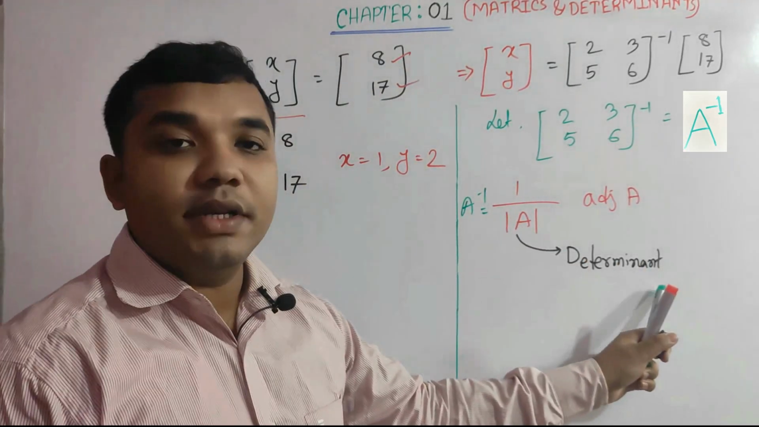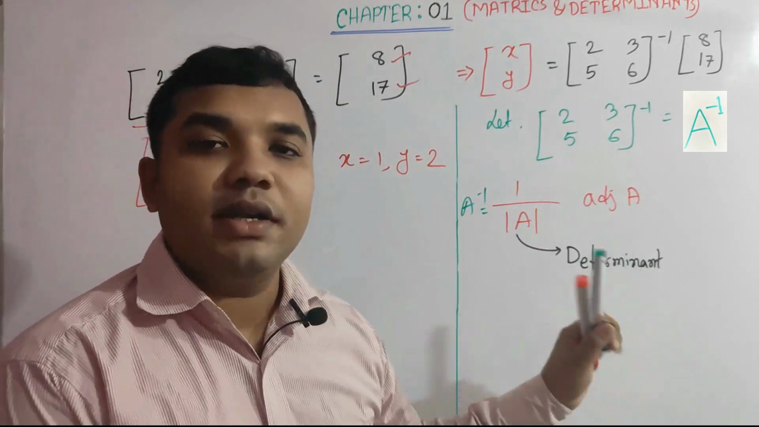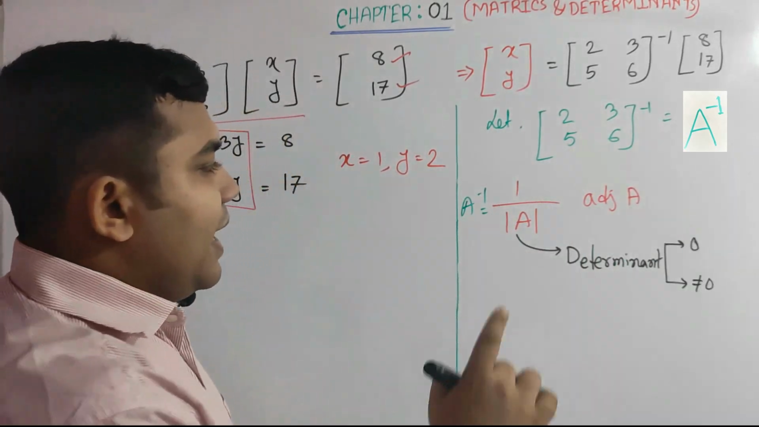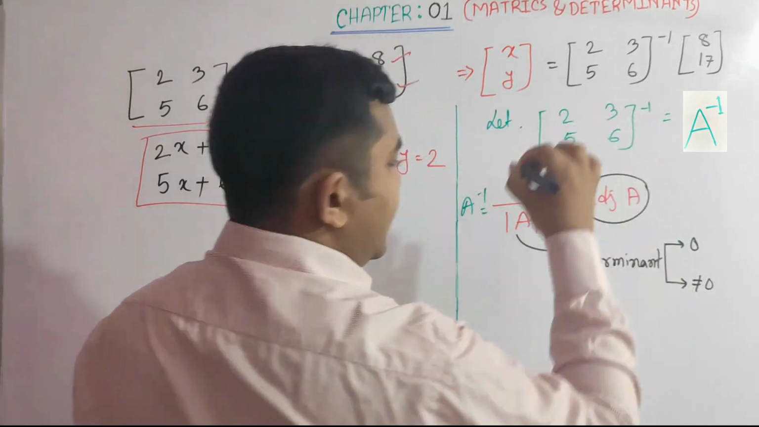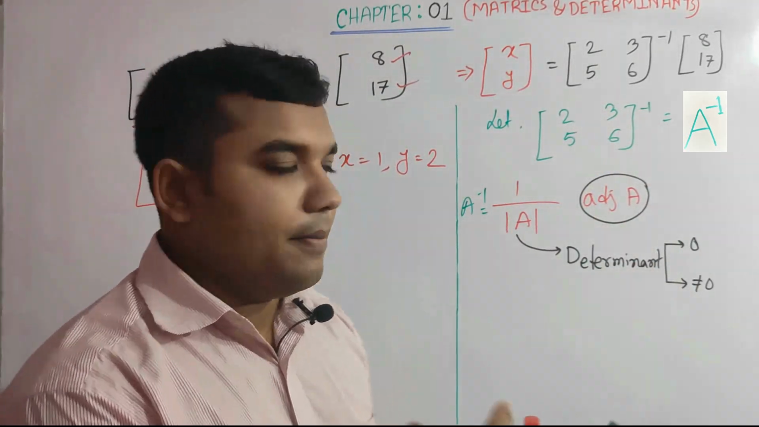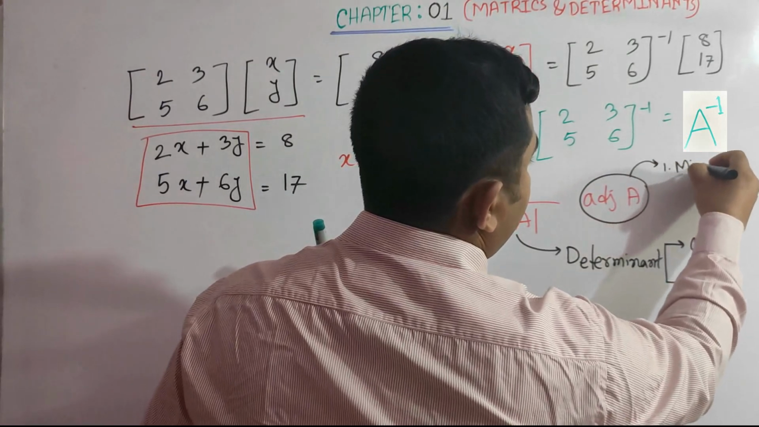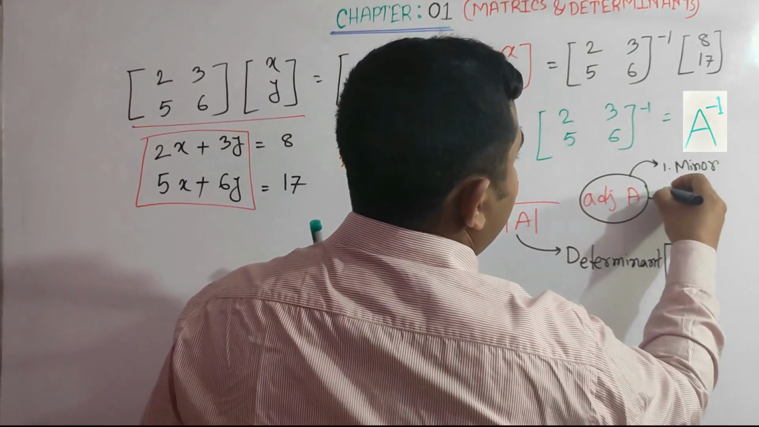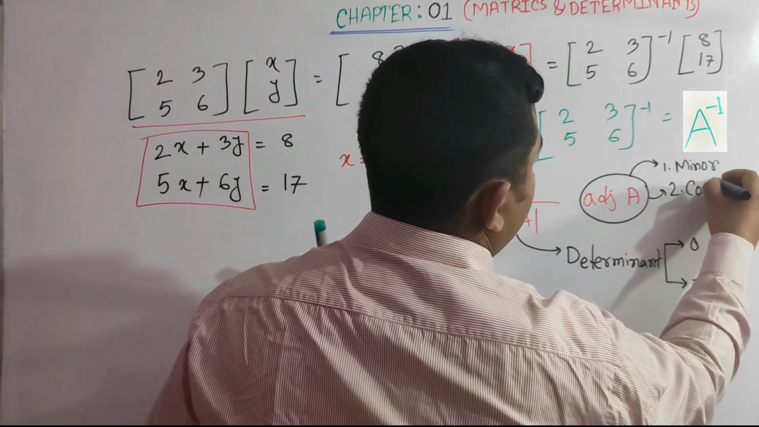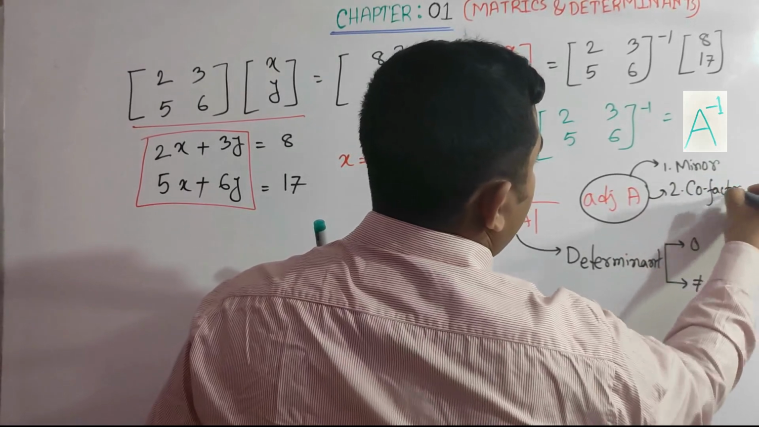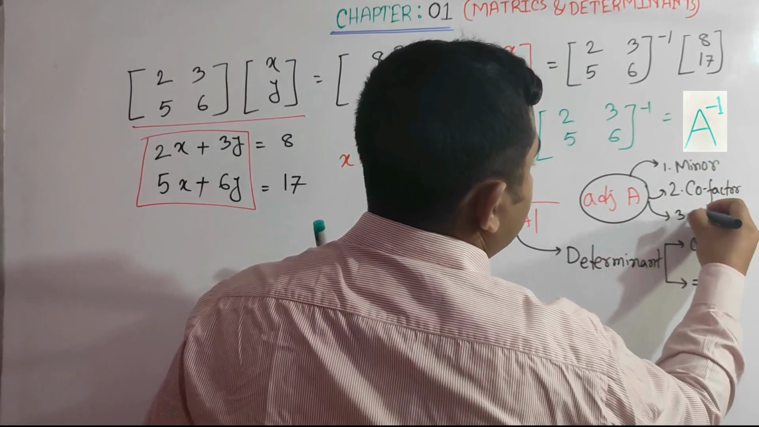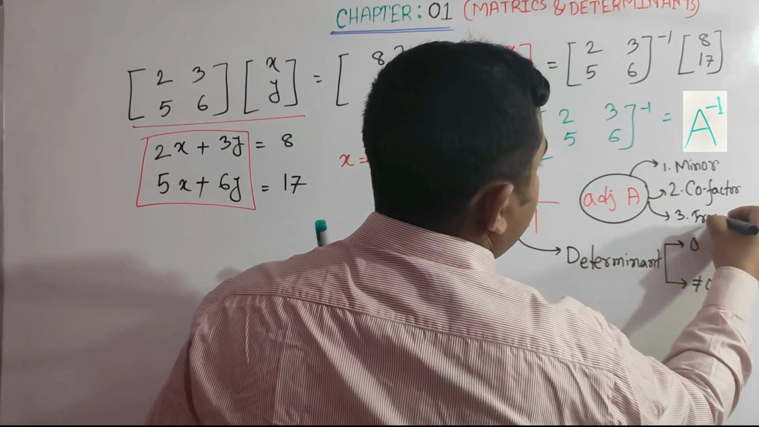It represents the determinant, and from where we start our determinant part. Okay, and in the case of adjoint matrix we need three things. One is minor, second thing is cofactor, and third thing is transpose